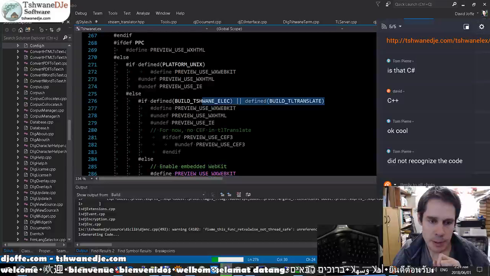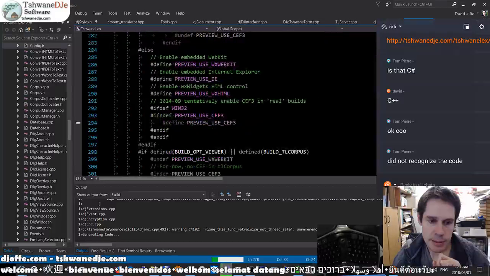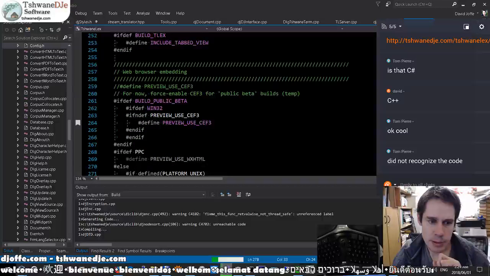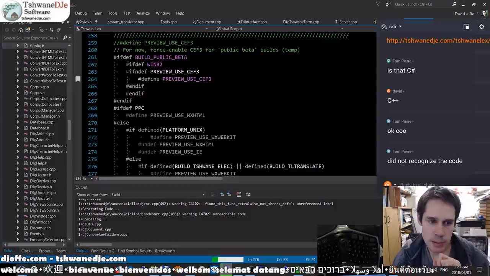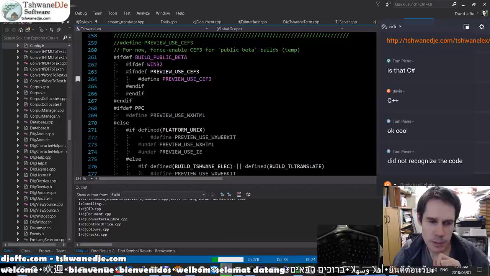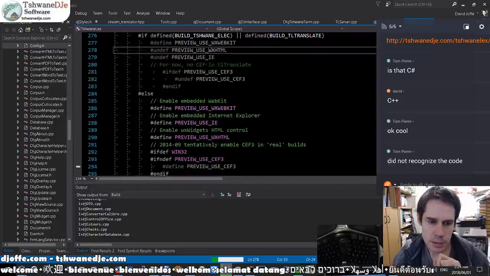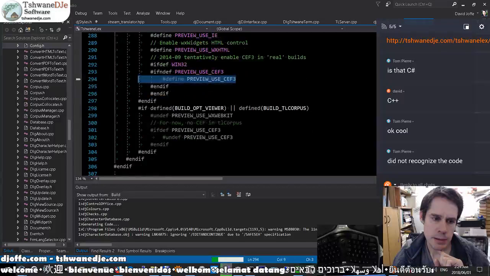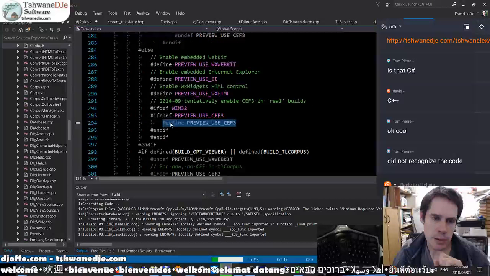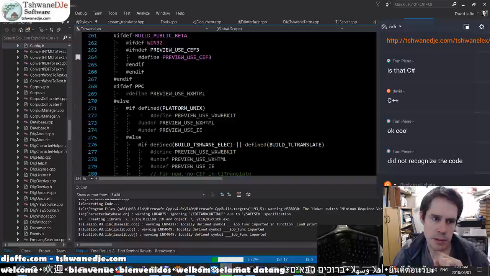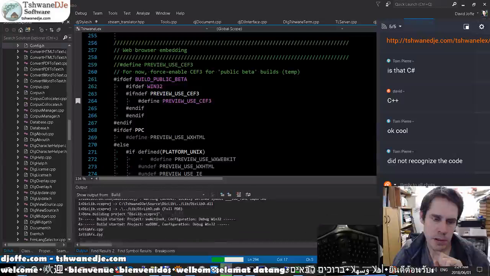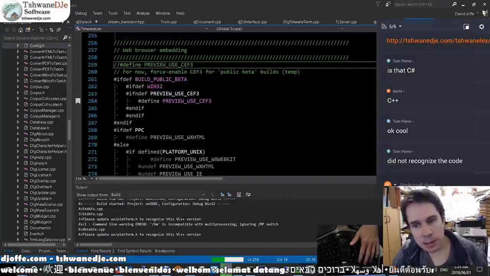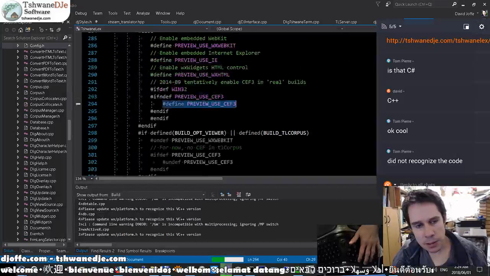TL Corpus will probably switch to Sec3. Sec3 will become the default anyway. I don't understand this. I mean, I understand it, I can read the code, but what I don't understand is